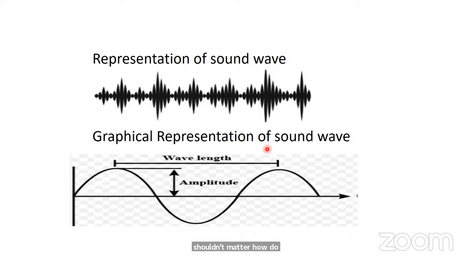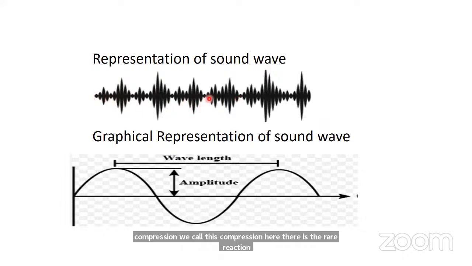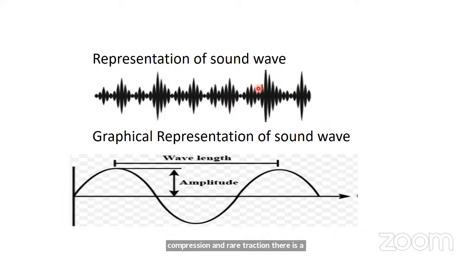Here you can see there are some compressions. We call this compression. Here there is a rarefaction. Compression and rarefaction. Sometimes when you are speaking into a mic, it is seen on a screen as this type of structure. What does it say? Here some particles are very, very near, and in some places the particles are apart. In a short place more particles are compressed, whereas in a larger place the particles are spread out. That means in the propagation of sound,